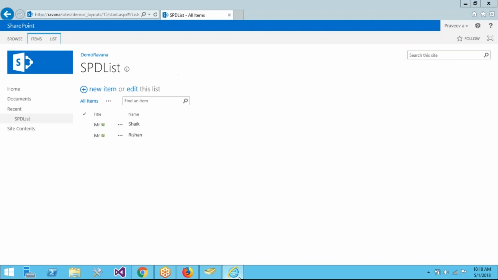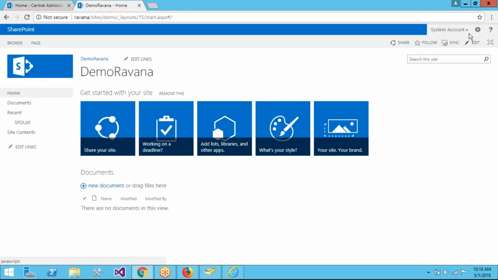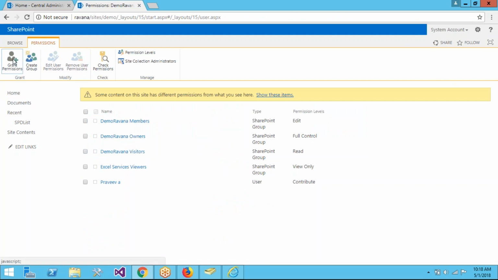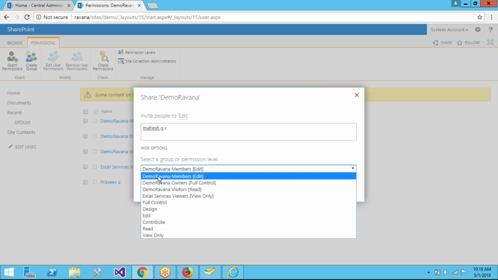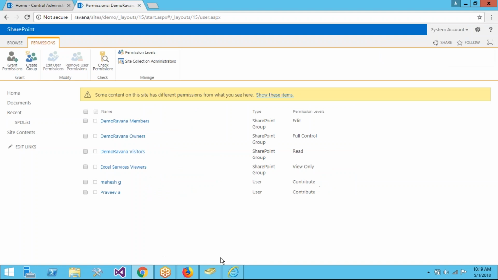Now I'm going back to Chrome. Here I'm going to the home page. I'm again going to the site action gear, site settings. Now I'm going to site permissions. Now again I'm granting permission to Mahesh. I'm giving contribute access. Now share it. Okay, go back to your